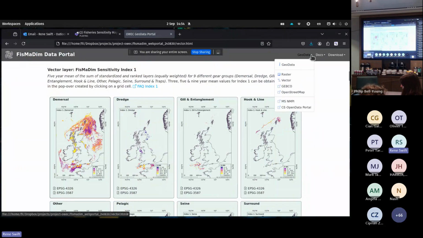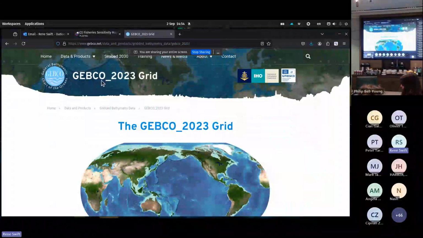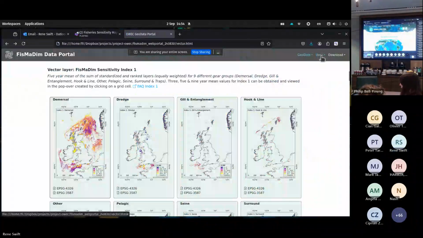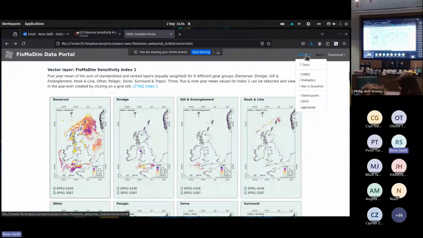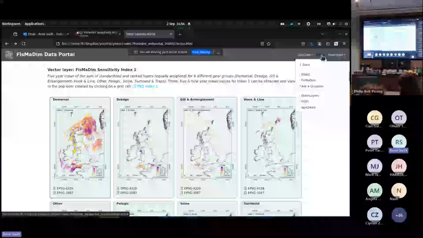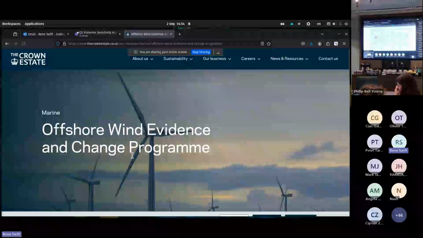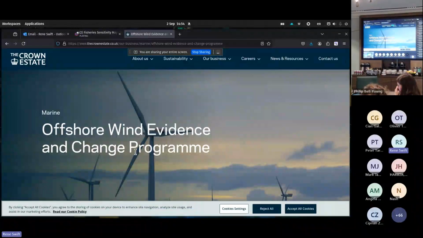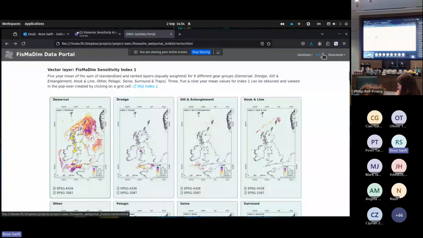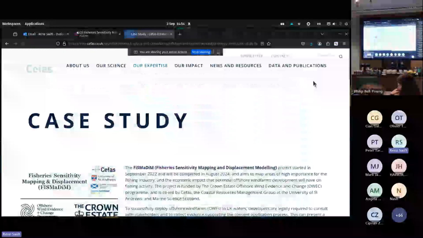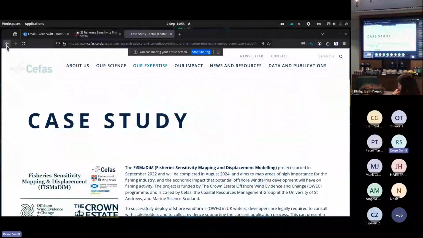Under the geodata format, you have links to the underlying base maps, and under the documents, you've got links to the OEC webpage, so you can find more information about the offshore wind evidence and change program. And you can also find out more about the FiSMaDiM project.